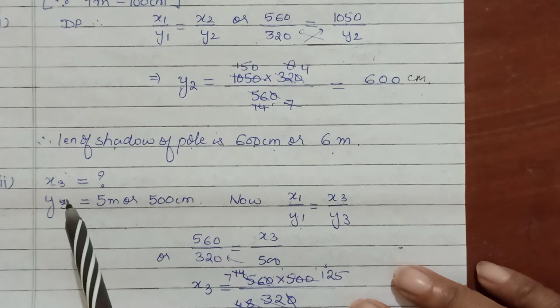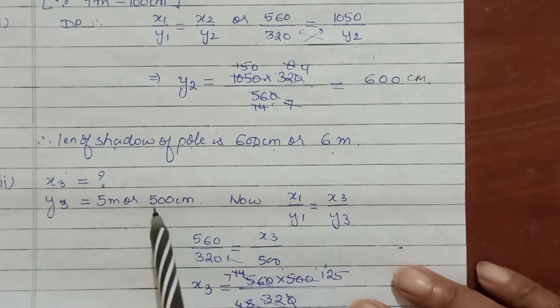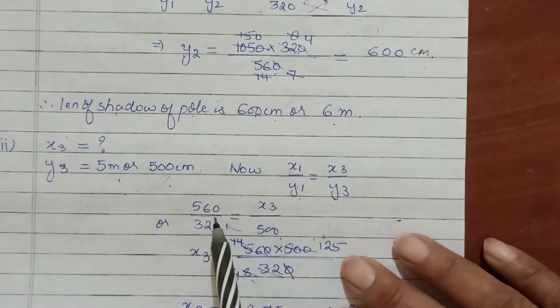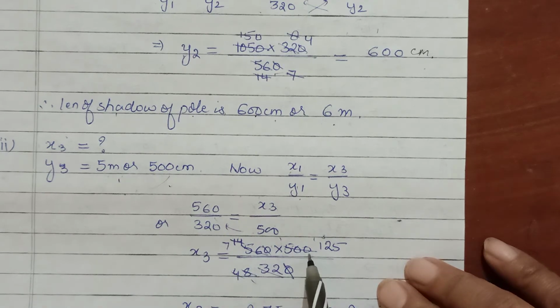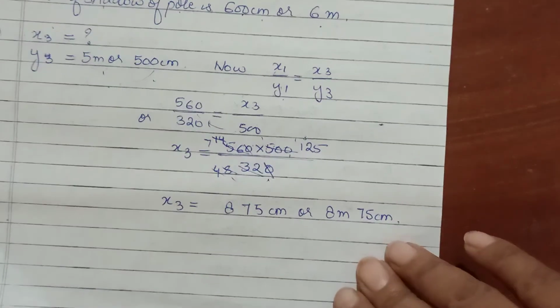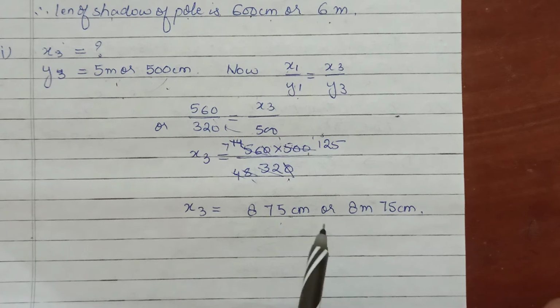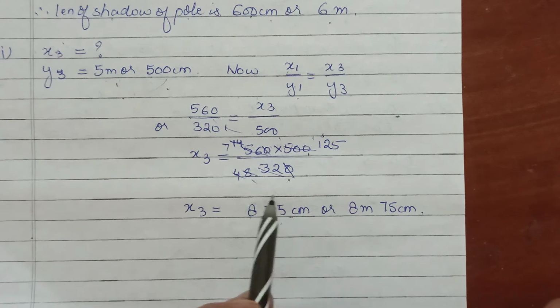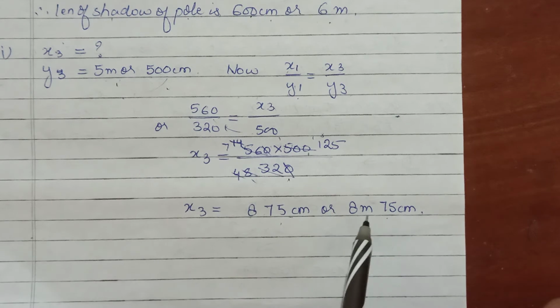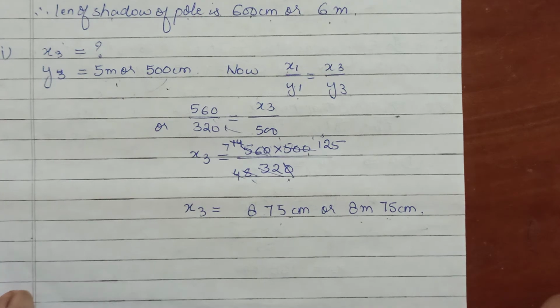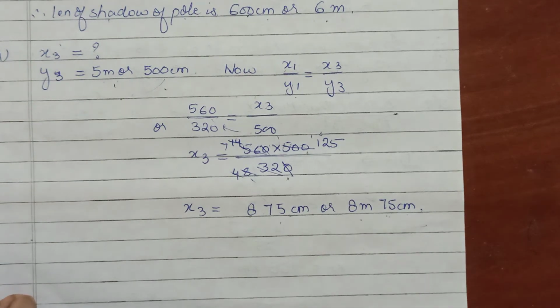सो y आपको उसने गिवन है कि the shadow is 5 meters, which again I have converted to centimeters. So what would be height of the object? So height of the object, simply cross multiplying 500 that side, 560 into 500 upon 320, which is accounting to be 875 centimeters. Again, to convert it to meter, we'll divide it by 100. Okay, अब उल्टा जा रहे हैं हम हायर यूनिट में, तो डिविजन बाय 100, 8.75 और 8 meters 75 centimeters. That is how they had given the question in meter cum centimeter. So I will present the answer also likewise.